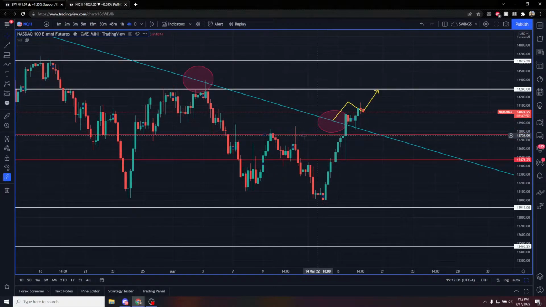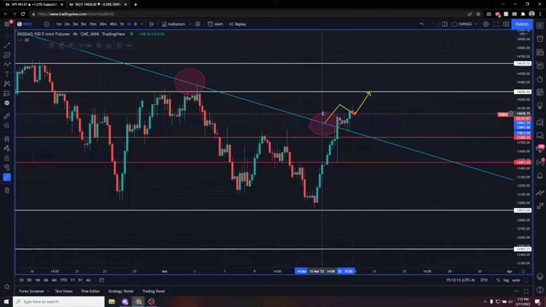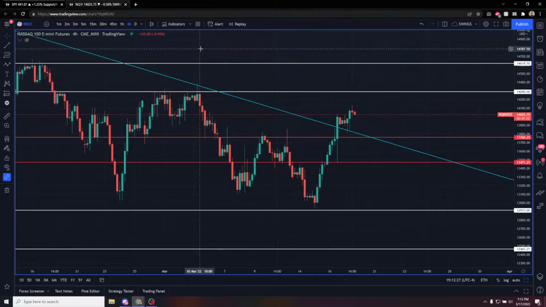And so this support here, we can probably expect to be retested, and then we want to look at it to hold, to go higher, to go to that 14,200. And the trend lines will help us to identify those big motions or big movements or momentum, like where we can catch a momentum. Now, I showed on the higher time frame, which is daily and 4-hour,